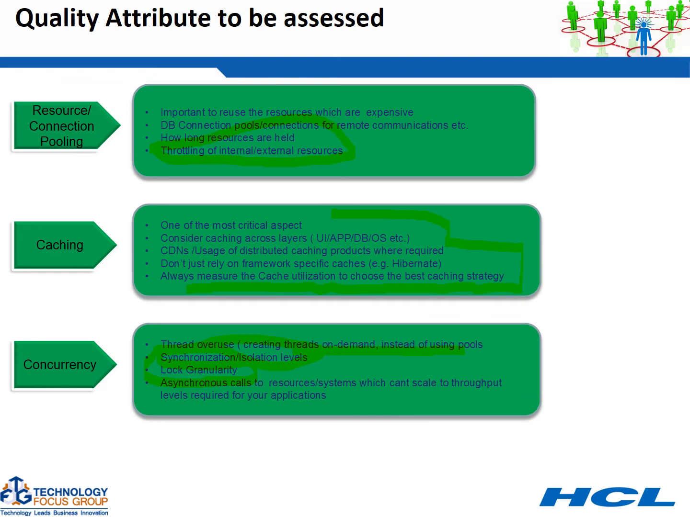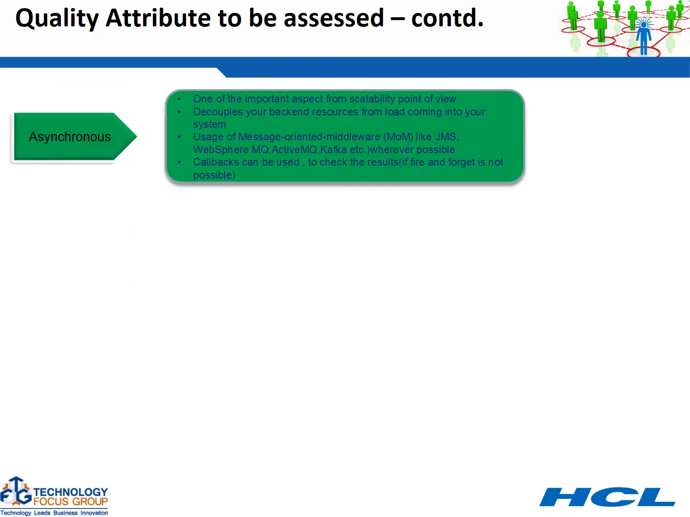Asynchronous calls, using an asynchronous methodology or approach, can be another way to handle larger concurrencies. Attribute asynchronous, as we touched upon in the last point also, is one of the most critical aspects from a scalability point of view. It decouples your backend resources from the load coming into a system. For example,